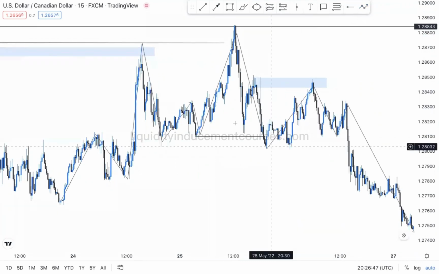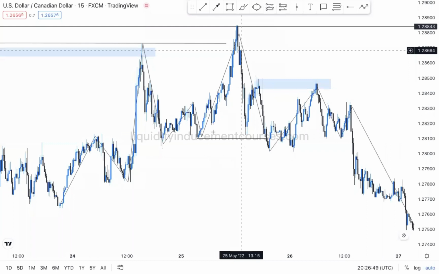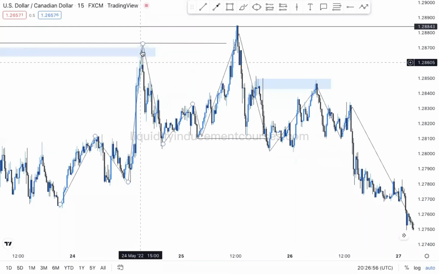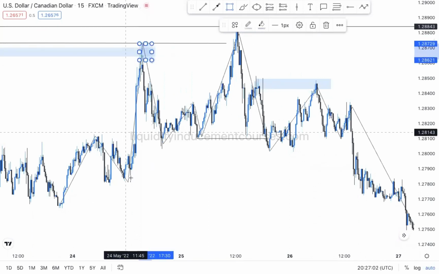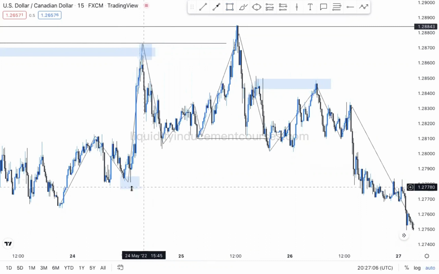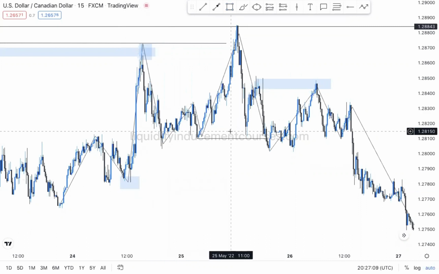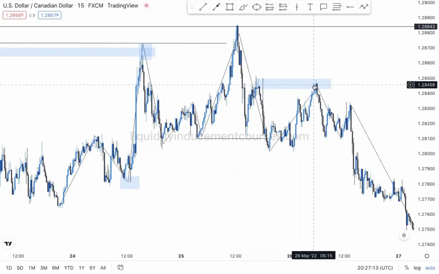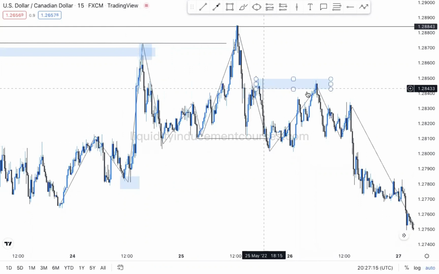So we had price come below this point here, take out this previous low, which is our minor break of structure. It is minor because it is still inside of this range from here to here. Any structure that does not violate this range is still minor structure. So we had price come down, violate this level, and then go back into the area, mitigate the supply level,